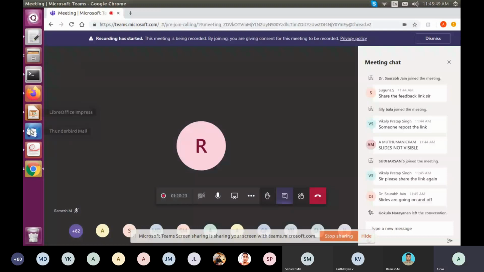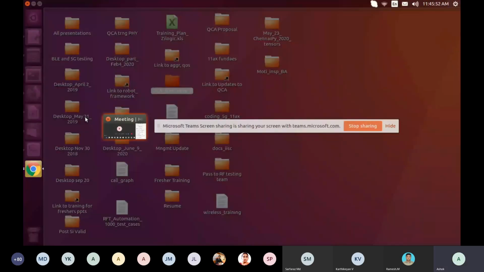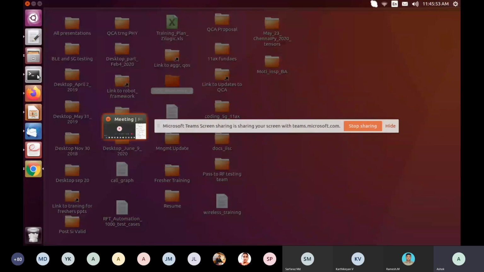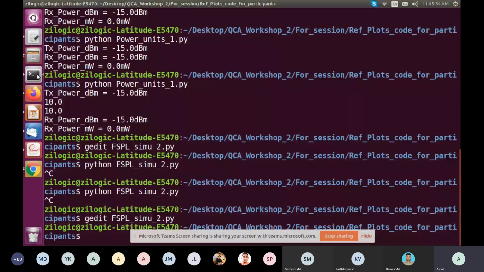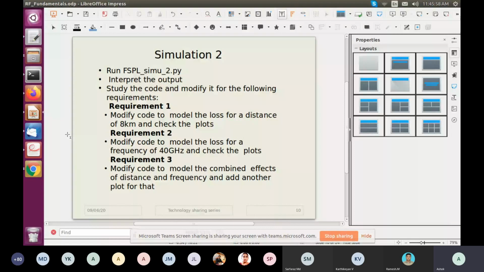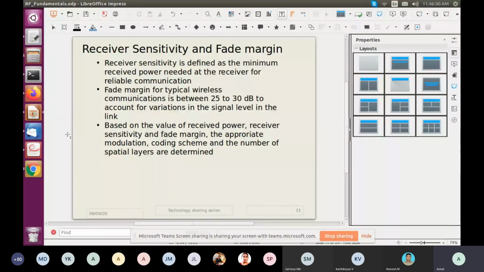Okay. So I think now we got a hand of what is free space path loss. Now let's go to the next part, where it's going to be receiver sensitivity and fade margin, right? Typically, wireless communications have this combination of receiver sensitivity and fade margin, where you have your fade margin between 25 to 30 dB, and your receiver sensitivity is going to be defined as the receiver power for which you can